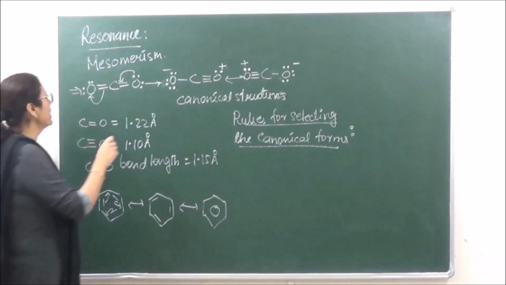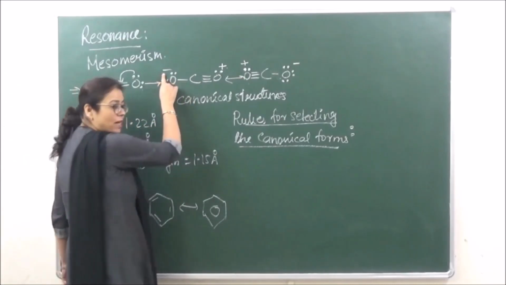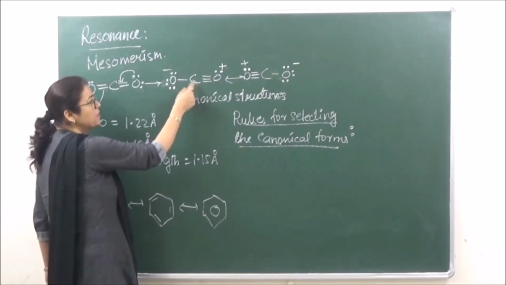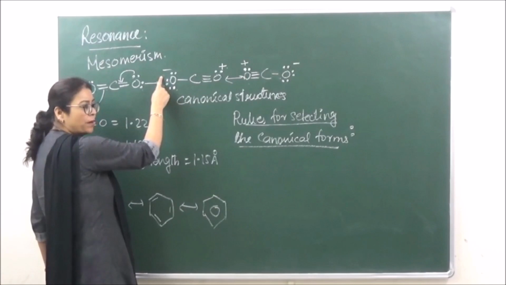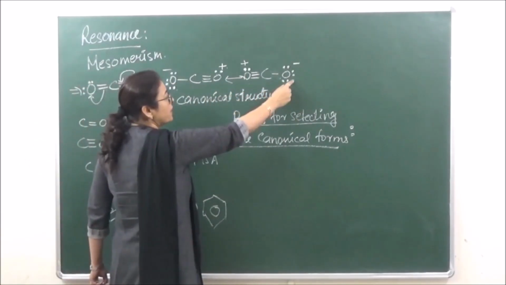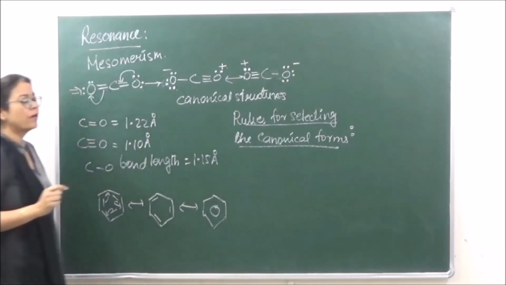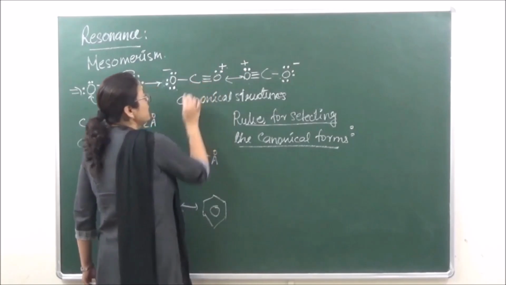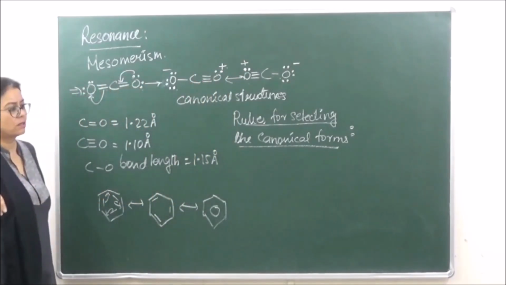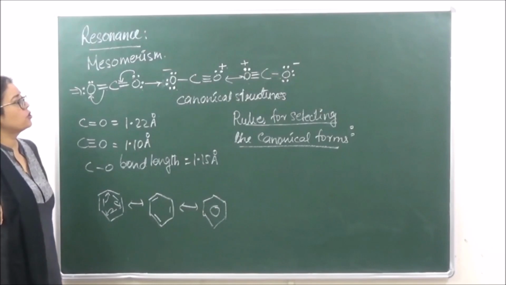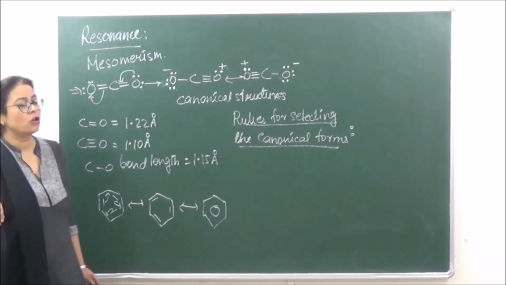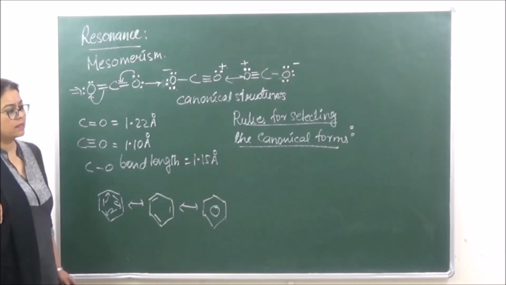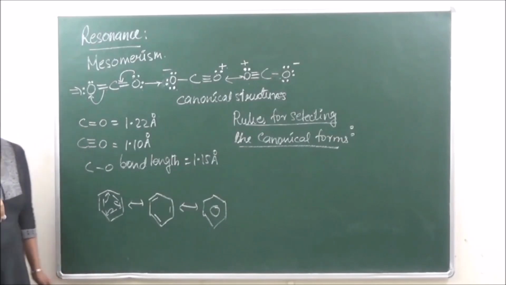Okay, so if you're looking over here at this, the negative charge over here is at oxygen. Oxygen is more electronegative than carbon, so the negative charge should be over here. Similarly, over here also you are looking at the negative charge has to be on the more electronegative oxygen. Now, why are we taking the positive charge on this oxygen? Because the valencies of carbon, they are complete. ठीक है? It is the shifting of electrons only which is giving a positive charge on oxygen. Otherwise, there is no reason of having the positive charge on oxygen. ठीक है? समझ में आ गया? Okay. फिर उसके बाद next लिखो